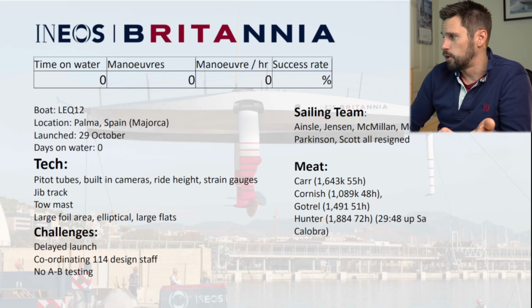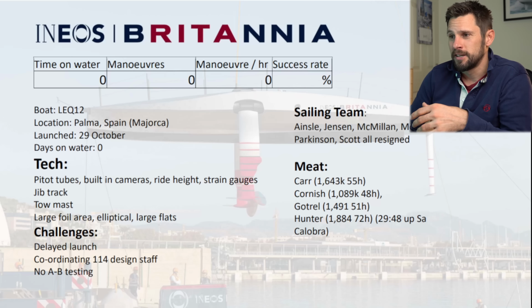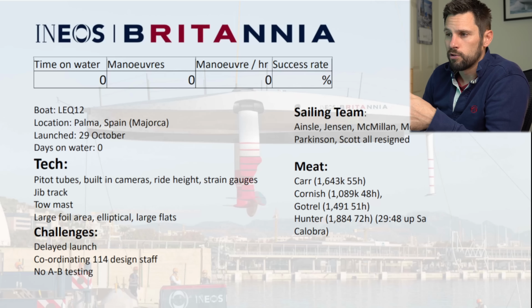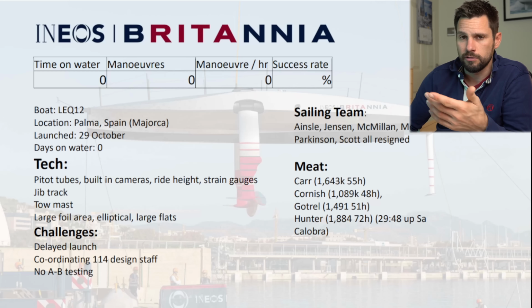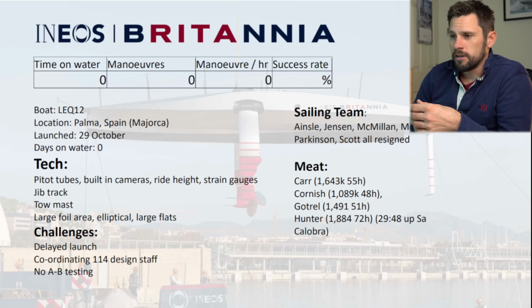Sailing team, well, obviously no one's been on the water, no one's been sailing, but just going by who's registered on their website, all returning sailors, no new signings yet. Probably from that top, we're looking at 4 of those being the sailors. So probably 1 reserve in there, maybe Mon again as a reserve for Jensen. And the grinders,